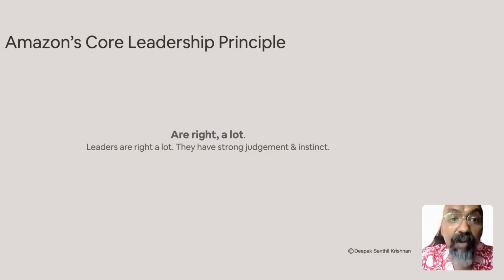If you look at Amazon's core leadership principles as well, right? One of the defining characteristics of great leaders at Amazon is they are right a lot. They have the ability to take strong judgments based on instincts. Now, these instincts aren't gut shots in the sense that one fine day someone wakes up and says, hey, I have this great idea. No, it happens because someone has been consistently observing behaviors, observing businesses, observing technology trends over